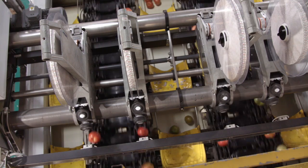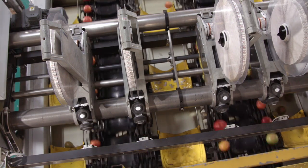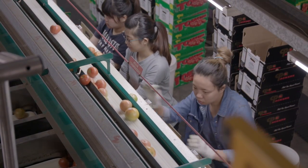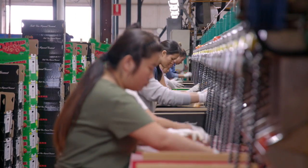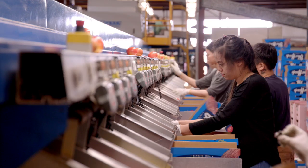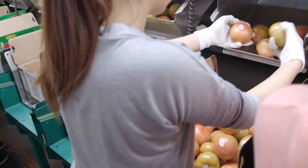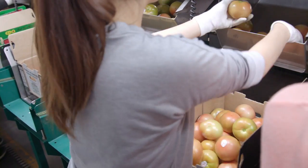It has cool nights, so you get nice firm fruit. It doesn't ripen too quickly. There's hardly any humidity around our season, so we're getting a nice slow maturity, and that's what's giving us good flavours. We have different types of cartons that serve different markets,